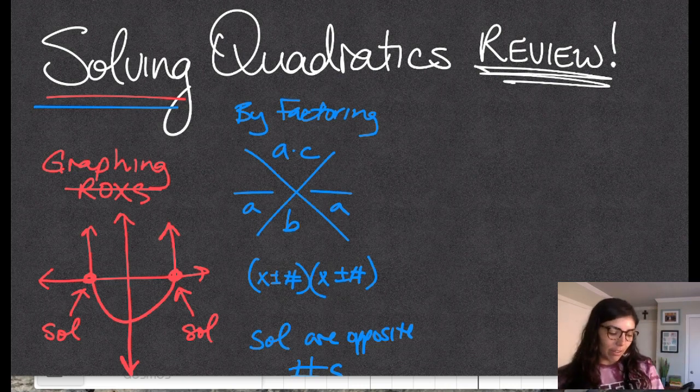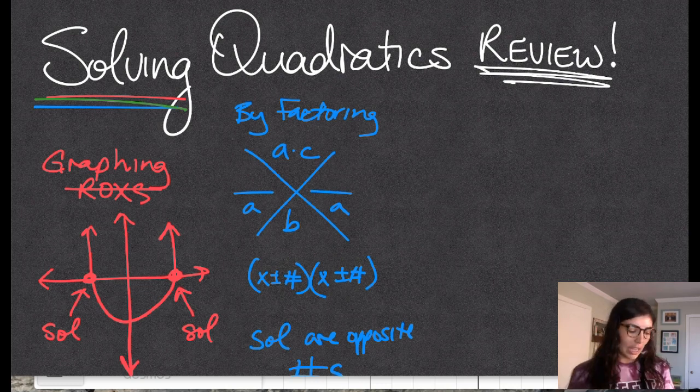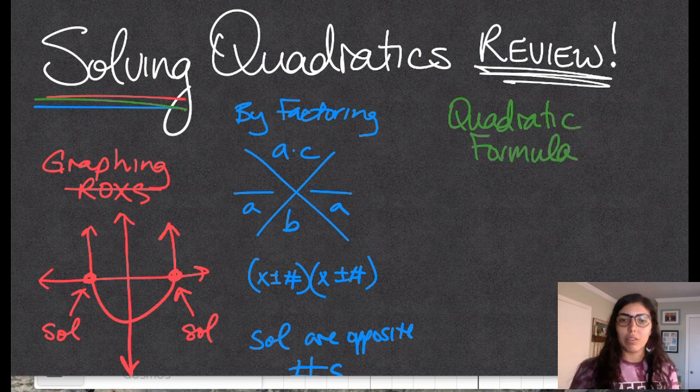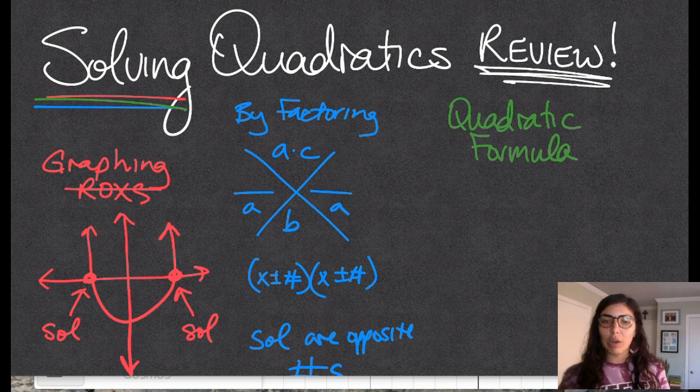The third and final way we learned to solve a quadratic, which is what we learned last week, is by using the quadratic formula. The quadratic formula is one of the ways that we can solve a quadratic where it will never not work. This will always work. What we have to do is we have to calculate the following very complicated but super cool equation: